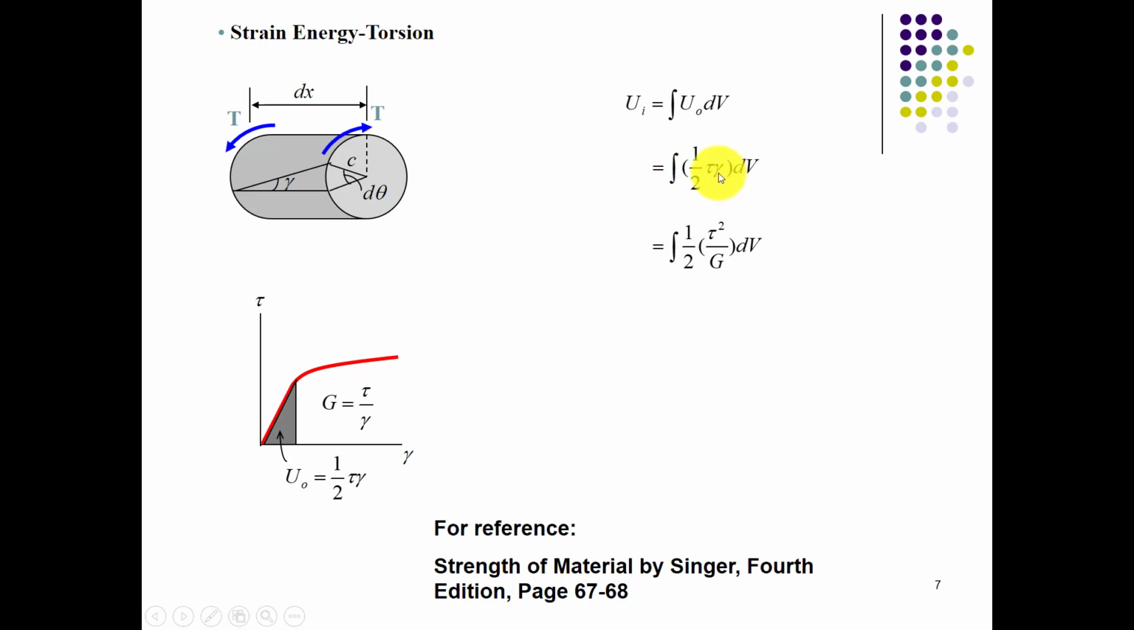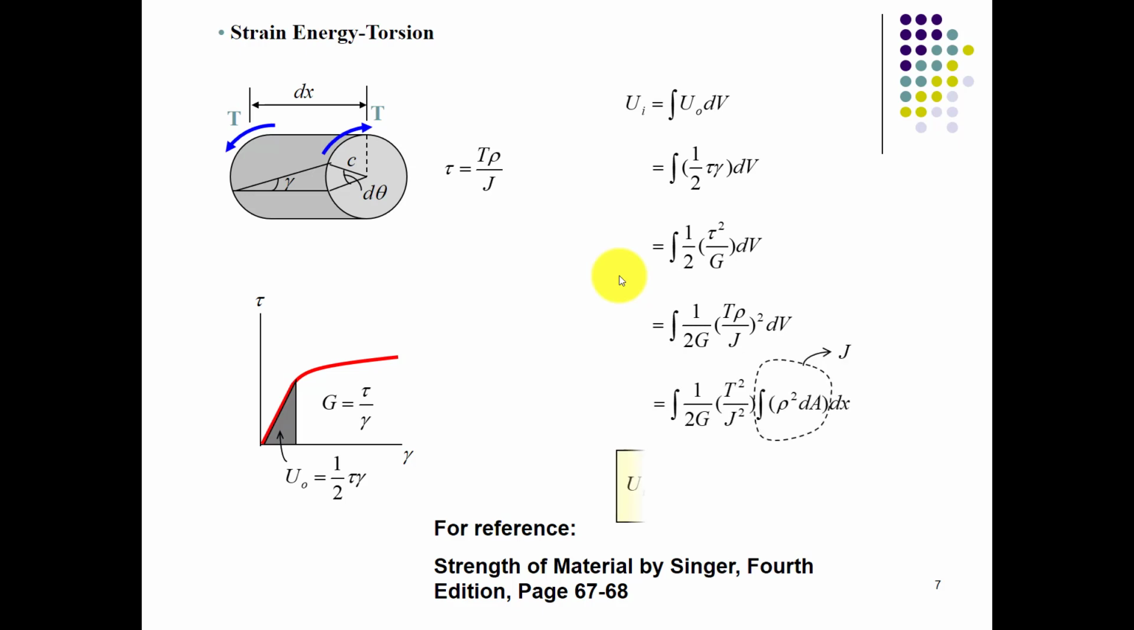So the gamma can be computed as tau over G, which comes out from the torsional formula. You can see the proof of the torsional formula in the book Strength of Materials by Singer. We are not going to look at the proof of this tau. In this equation there is a shear stress, and this is the torsional force T, and we have J. Rho is basically the radial distance. So you can compute the value of tau from the formula, and you can calculate your final strain energy